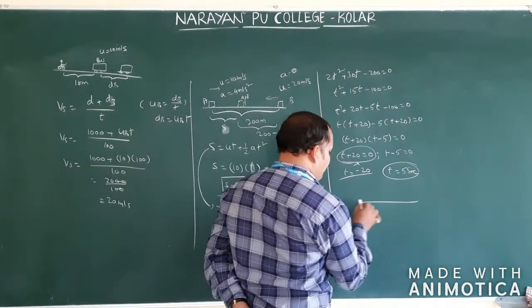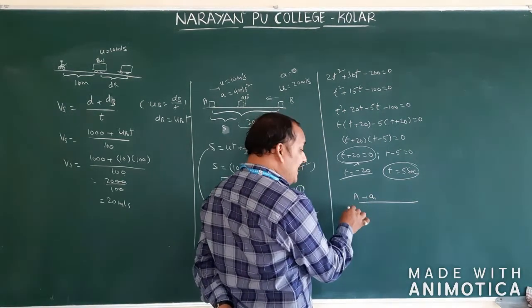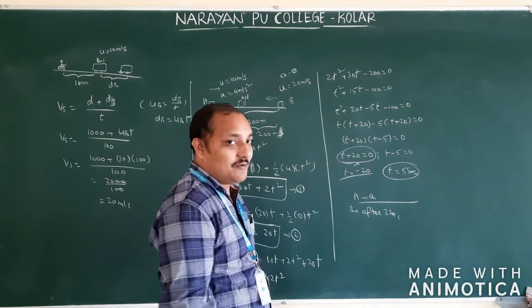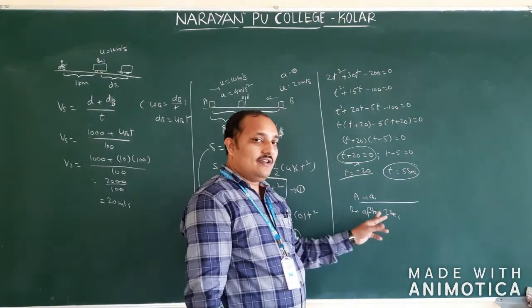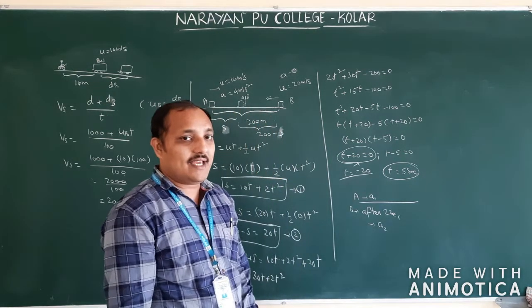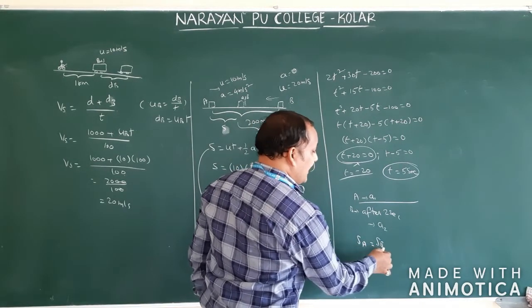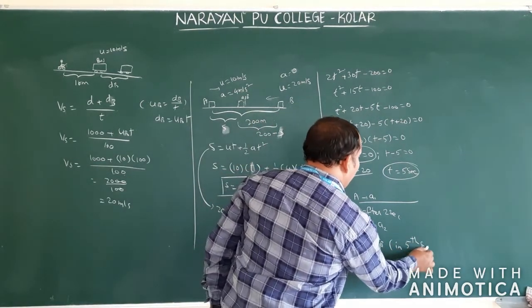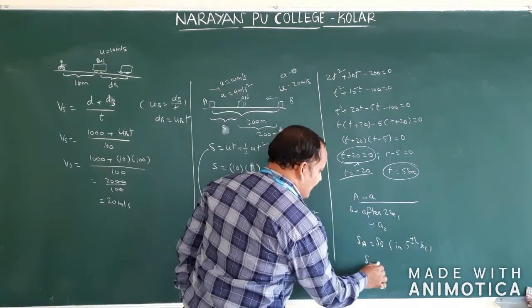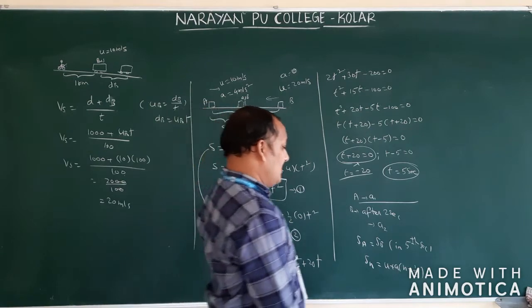So first object A is moving with the acceleration a1. Object B started after 2 seconds. Now what is the time gap between A and B? 2 seconds. Now object B is moving with what acceleration? a2. They gave distance covered by A, distance covered by B is equal, both are equal in which second? 5th second, not in 5 seconds, in 5th second. What is the formula? In nth second, Sn equal to u plus a into n minus 1 by 2.